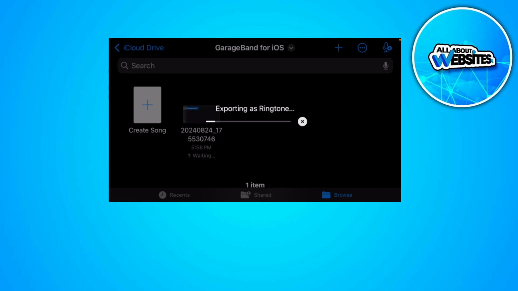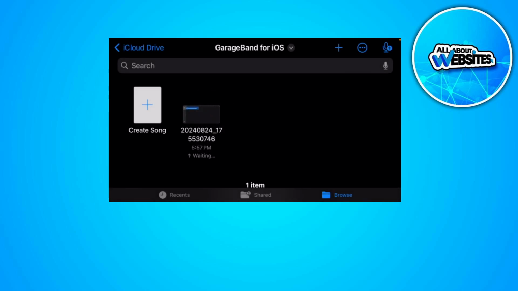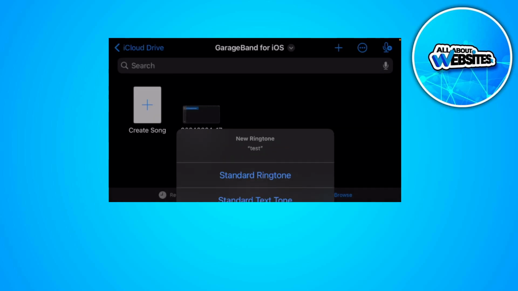Wait for it to export. And you tap on use sound as. Make sure you don't press OK. You press on use sound as. And you tap on standard ringtone. Okay,